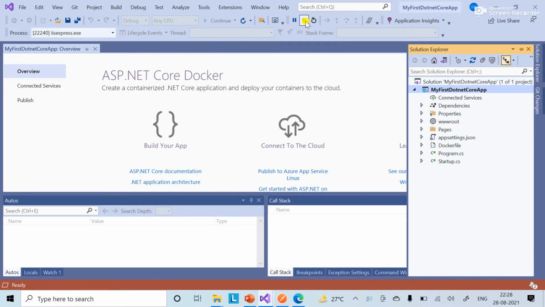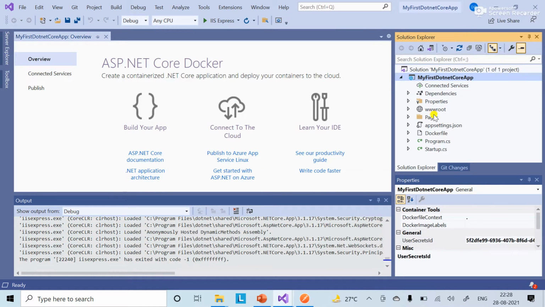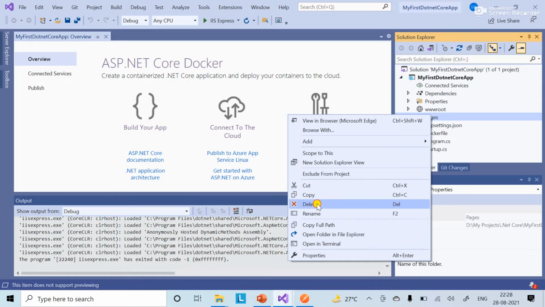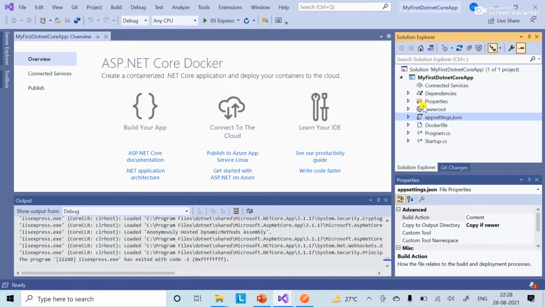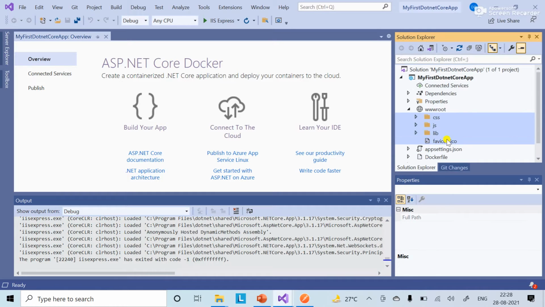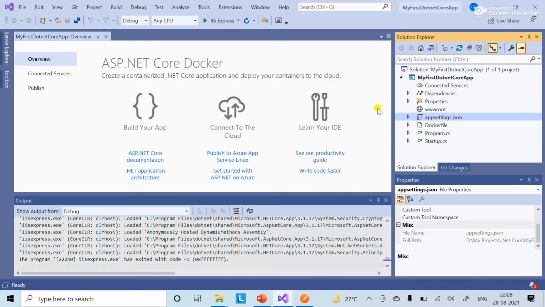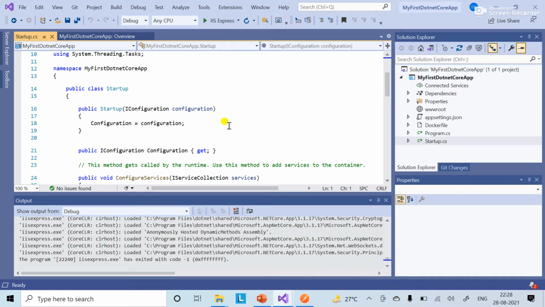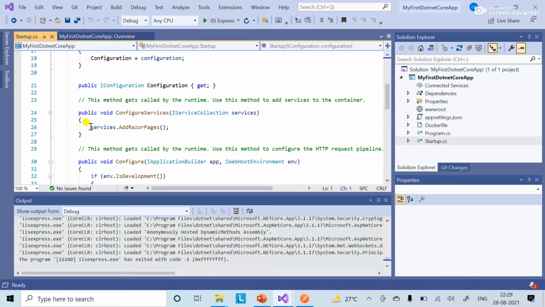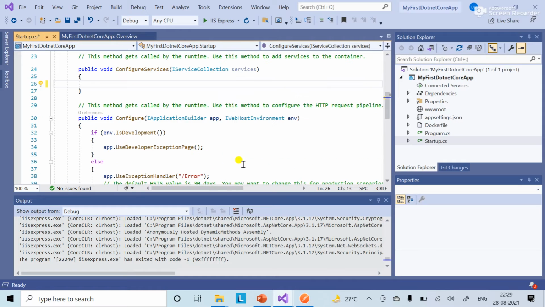For example, I want to create a .NET Core API instead of a web app. For that API endpoint, I don't need any pages, so let me delete that. We will learn about all these folder structures later. I don't need wwwroot, any CSS or JavaScript files, or any static files, so I'll remove them. Now in the Startup class, I will explain everything. For the time being, let's create a .NET Core API and remove this one.